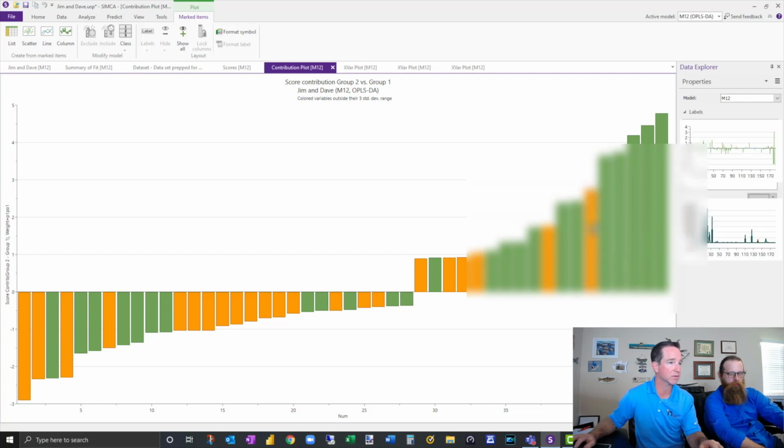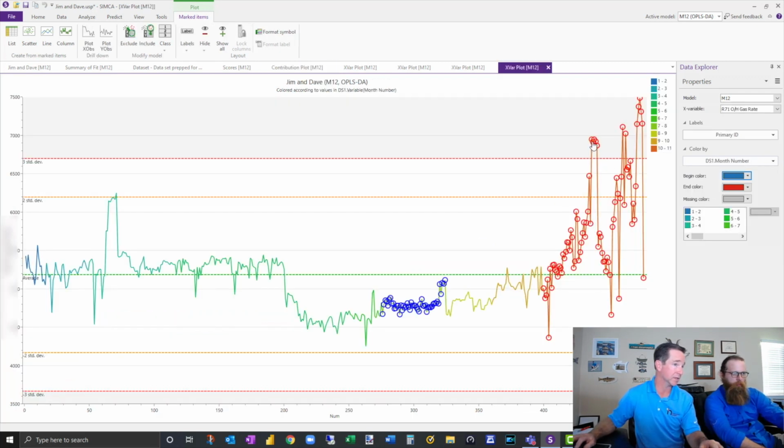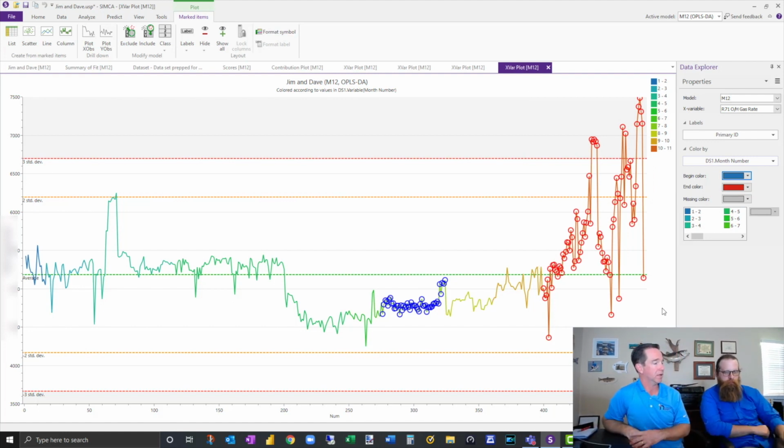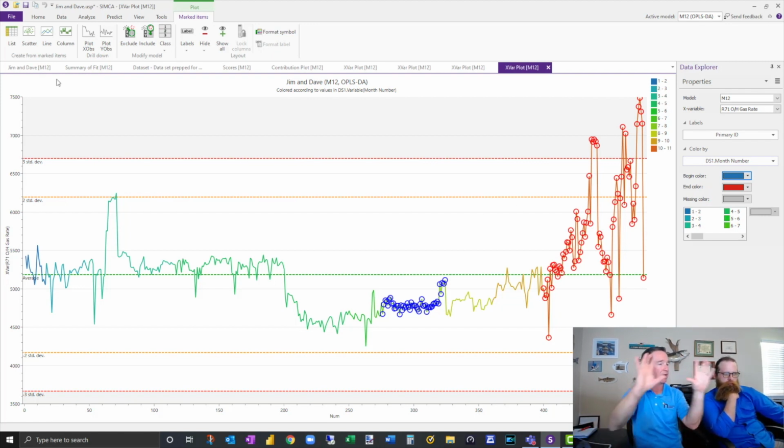Let's see. Here's a gas rate. We can see this was around October 20th. It was starting to go up, and then it got really crazy. It got kind of unstable. But it was starting to trend up from July into October, which they were actually very curious about. That is interesting, because it got noisier. It was starting to trend up, then it got really noisy, starting about October 20th. So this is kind of the way we attack these kinds of problems.